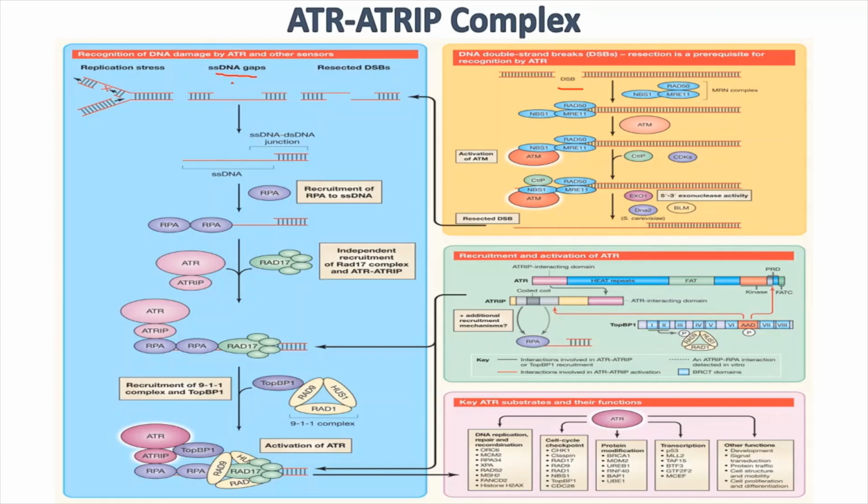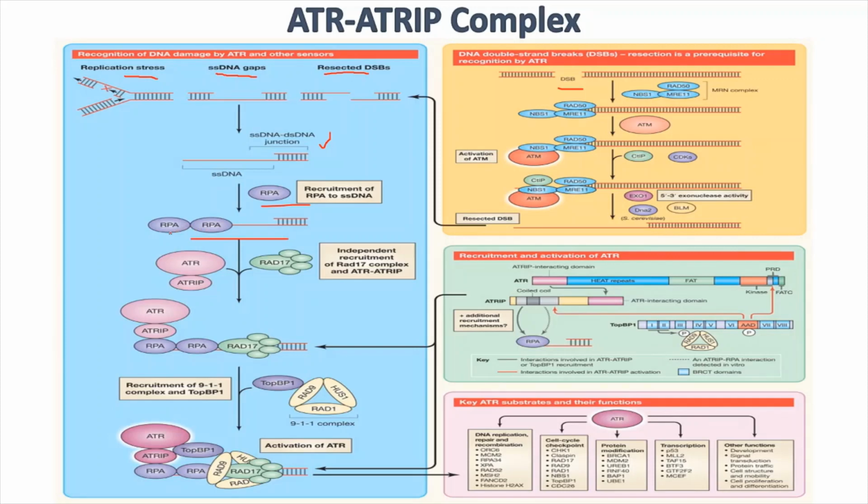So one of them being the presence of ssDNA gaps, which can be caused by replication stress or even damage due to irradiation, which stalls the replication fork, and even by resected double-strand breaks, which leave behind a gap of single-strand DNA. So this ssDNA-dsDNA junction is what recruits the RPA. So RPA is replication protein A, and what it does is it covers the entire single-strand DNA,